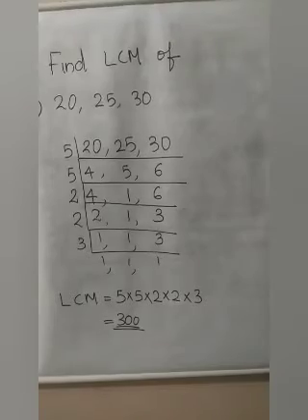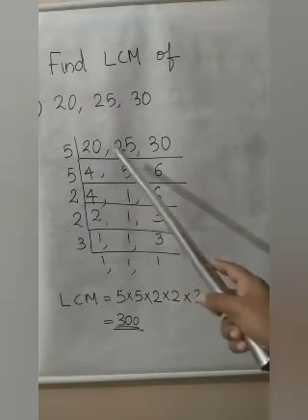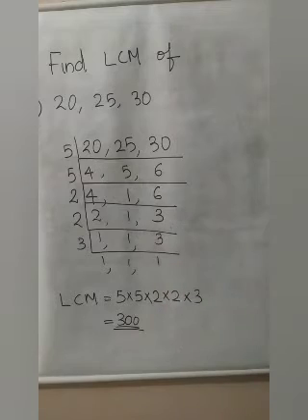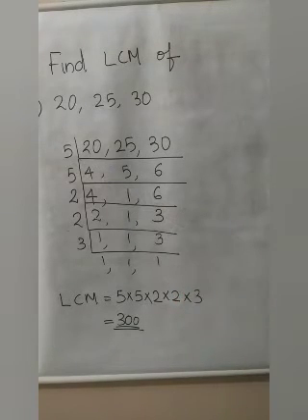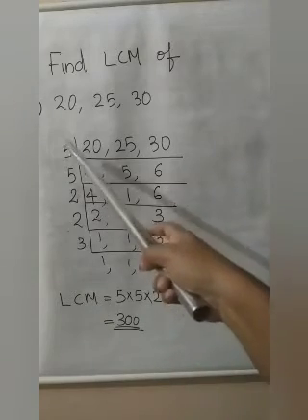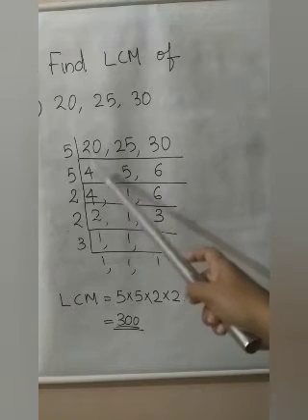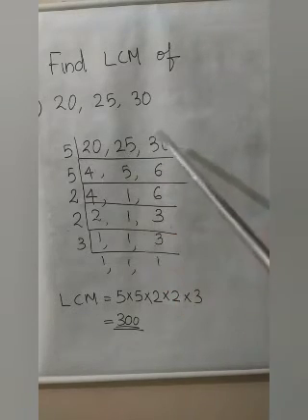Here we are prime factoring the three numbers together. That means 20, 25, 30. I am taking a number which is divisible for three numbers. See, in LCM, there is no such rule that you need to take a number which is divisible by all the numbers. If you are starting with 2 also, no problem. Here I am starting with 5. 5 dividing each number, what are we getting? 5 dividing 20, we are getting 4. Again 25 dividing, we are getting 5. Again dividing 30, what do we get? 6.